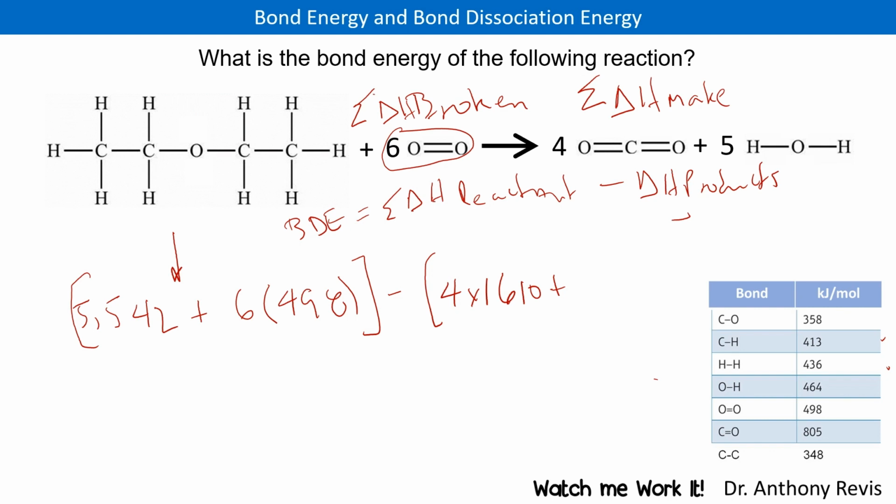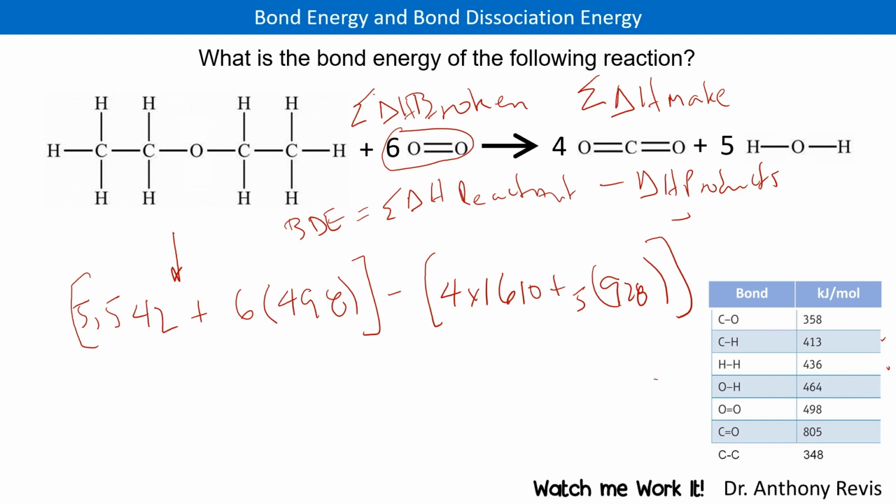So here, that's going to be plus water, and we've already calculated 1 water is 928 kilojoules per mole. Let me see if I can clean that up a little bit for you. 928 kilojoules per mole, and we have 5 of those. Okay, so if we take this and we put all these numbers together, take the left side minus the right side,